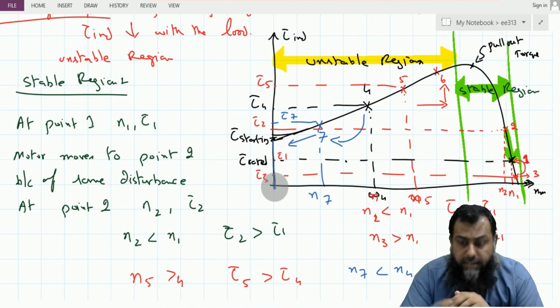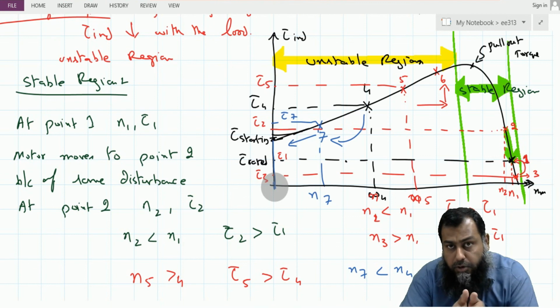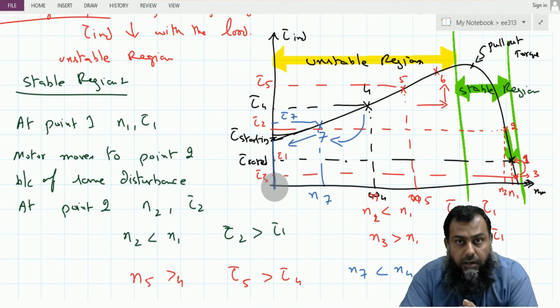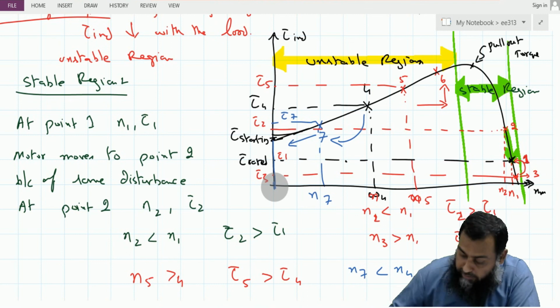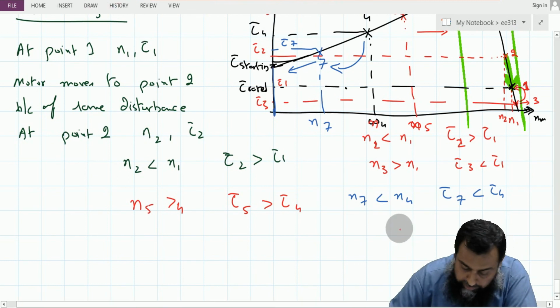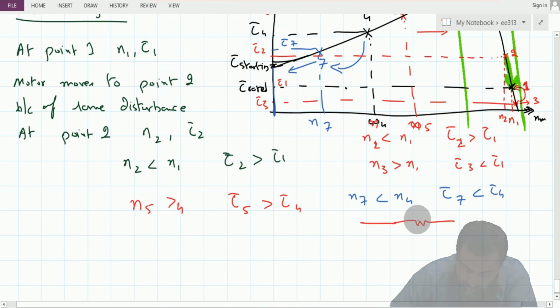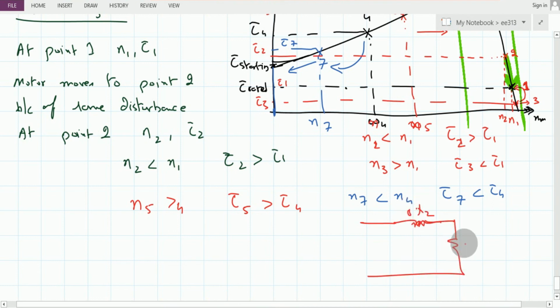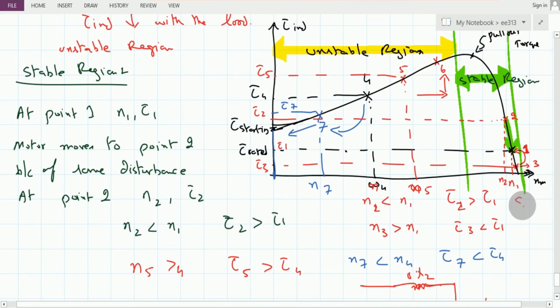Now the question is whether or not we can operate a motor in this unstable region. To understand this particular aspect, we need to again see the rotor circuit or the rotor part of the equivalent circuit. So remember that we have this type of a circuit, this is jX2 and this is R2 over S, right. In this particular region, here we have slip equal to 0 and here we have slip equal to 1, right.